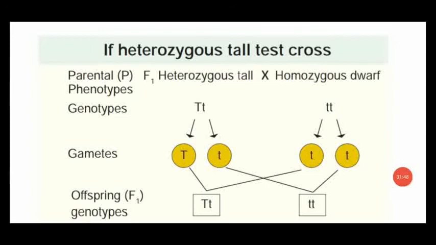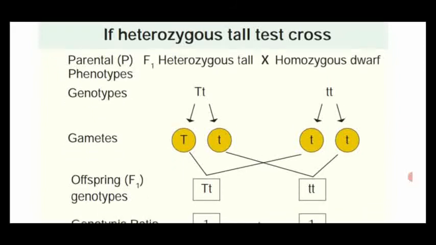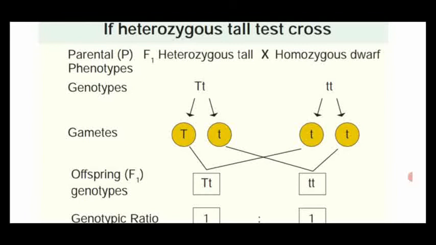Dear students, with the help of the diagrammatic representation, we are going to prove the heterozygous tall test cross. So first we are going to take the parental one. Kindly note down. We are taking the parent as the F1 generation gametes. In the monohybrid cross, we take capital TT and small tt. The F1 generation will be capital T with small t, isn't it? That is said to be the heterozygous tall plant.